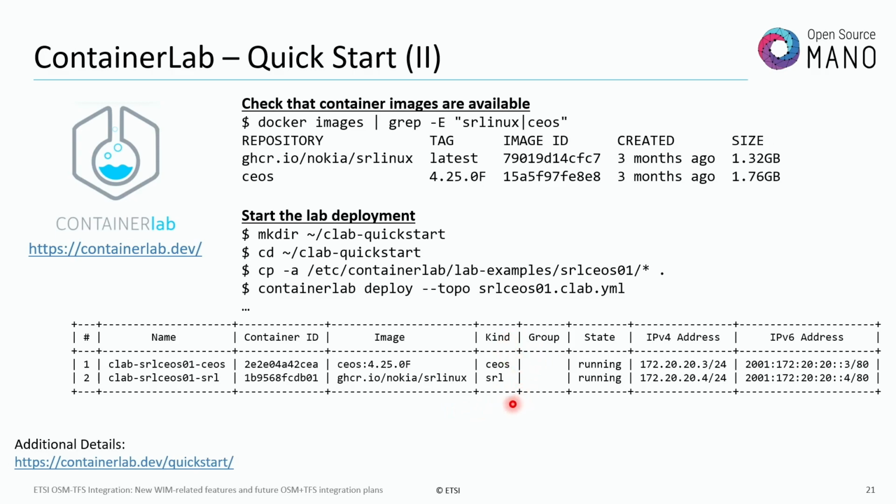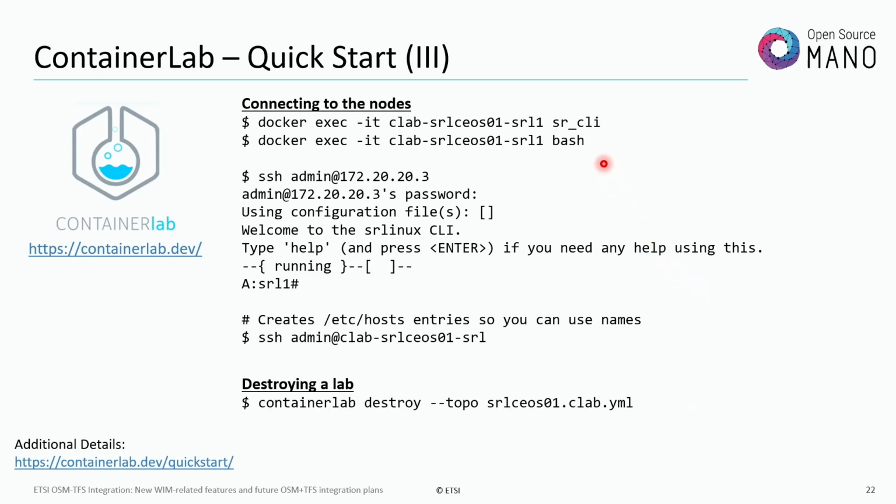In this simple example, it's just a couple of devices, but as I said, you can have also a container running, for instance, a Linux box, where you can connect and throw commands, whatever. You get here all the addresses you might need for managing the devices and so on. And the other good point is that you can get access also to the CLI, or the bash interpreter, if any, inside this network device box.